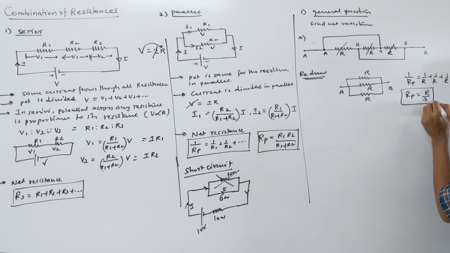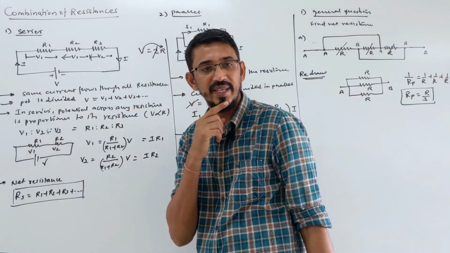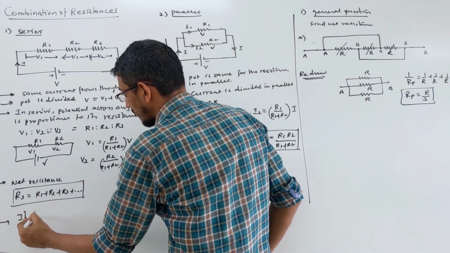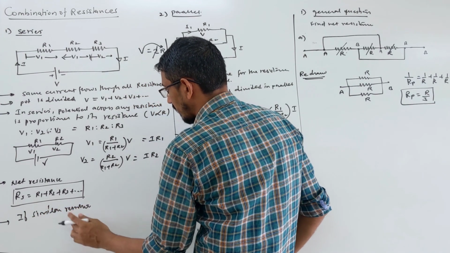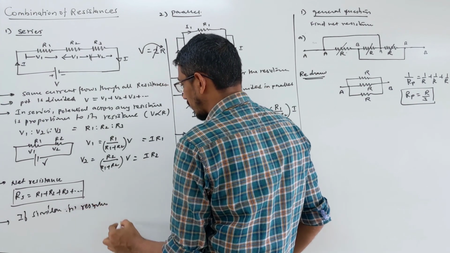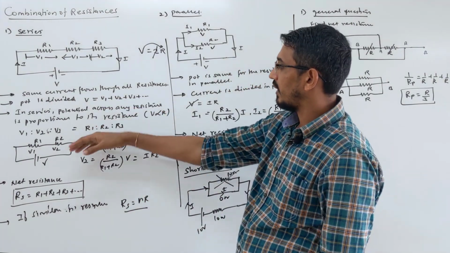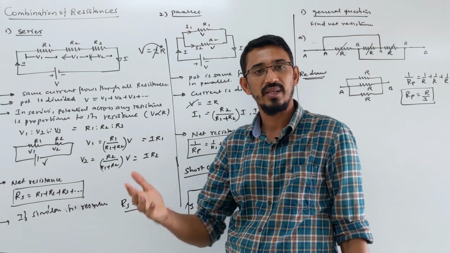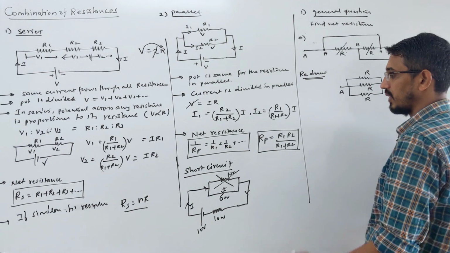So let's discuss this shortcut. If you have n similar resistances, n number of them, in series, then what is the answer? The total resistance is n times R, that's all. Like two resistances of value R and R, what is the answer? You say 2R. Five resistances of R, what is the answer? 5R. So you can do it directly. Same thing here also, so it's important here actually.